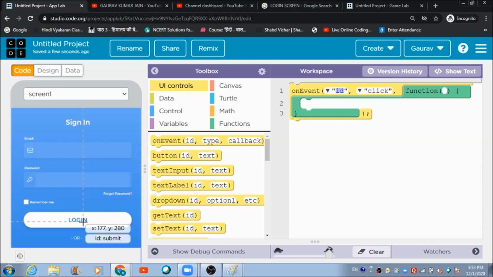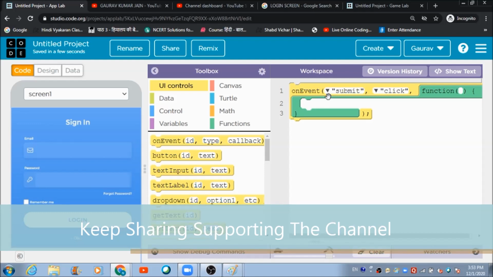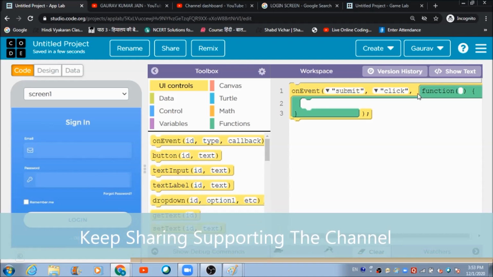So what I would like is to execute some statements if the user clicks this button. I would like this platform to execute some statements for me, some code for me. For doing that, I can select this submit from this drop down. Okay,